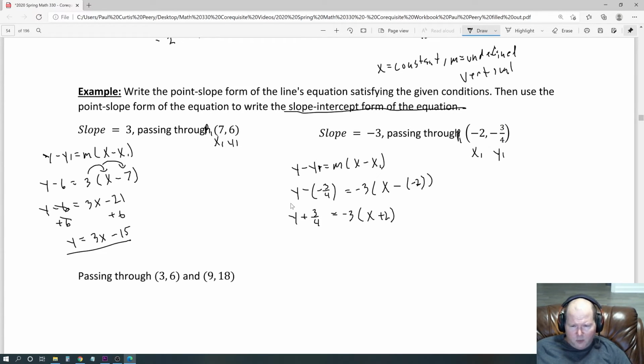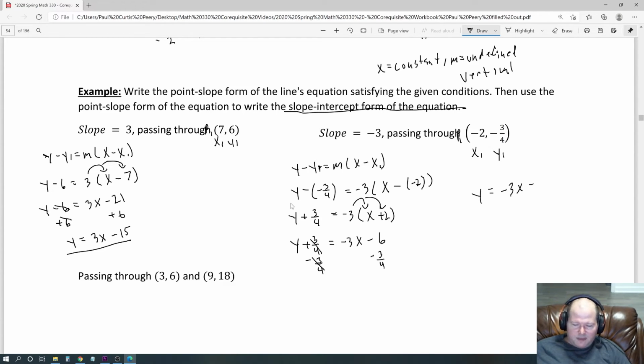At this point, we are going to distribute the -3. This means y plus 3/4 is equal to -3 times x, which is -3x, and -3 times 2 is -6. Next, we want to subtract 3/4. Whatever we do to one side, we do to the other. And that gives me y is equal to -3x minus,